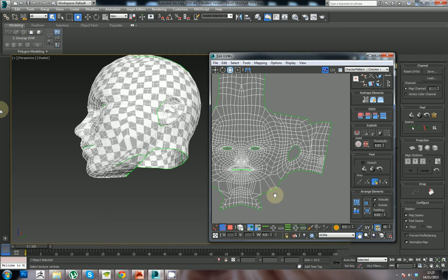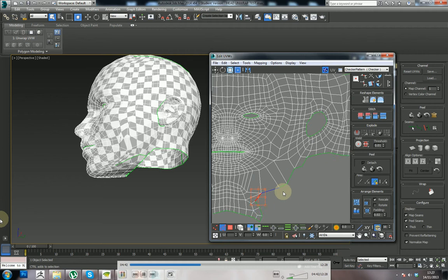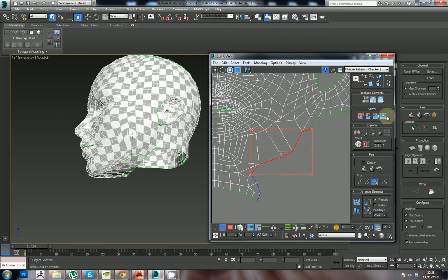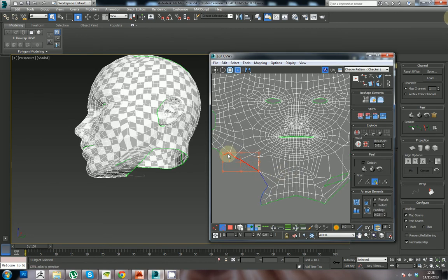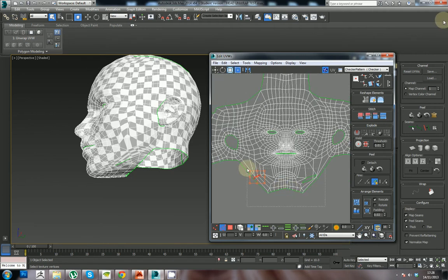I'm just looking at the places where I have the seams now. As you can see here, I can go ahead and stitch all this up, because when I come to relaxing this, I'll relax the whole area instead of just the one section. So just selecting each one of these and clicking that for now. I know there's a bit overlapping, but we'll fix that in a second. If we go around and do the same thing again and select the overall UVs or edges in that area,